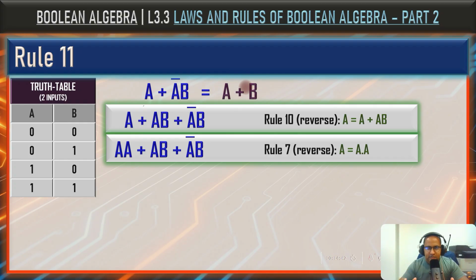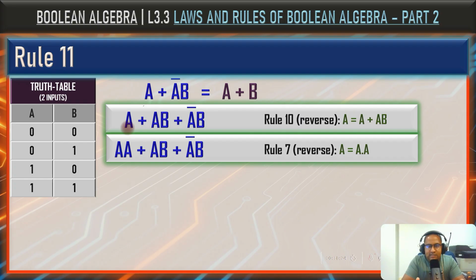This is why I keep emphasizing the importance of having the Boolean laws and rules table with you. The process of simplification often involves trial and error. Sometimes a rule or a law doesn't work, but another will. At this point, there are no more laws or rules we can directly apply. If we apply the rule 7 again to a times a, we would simply return to the previous expression. So what can we do now?